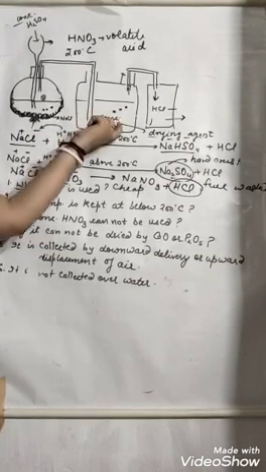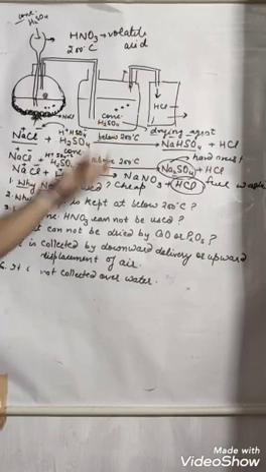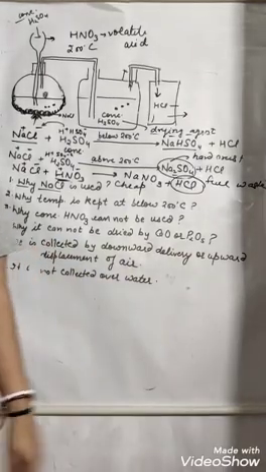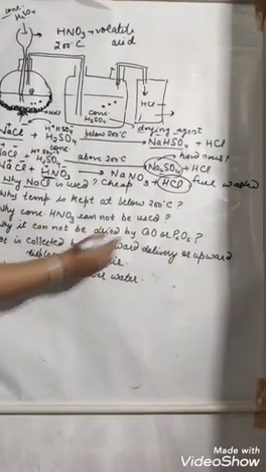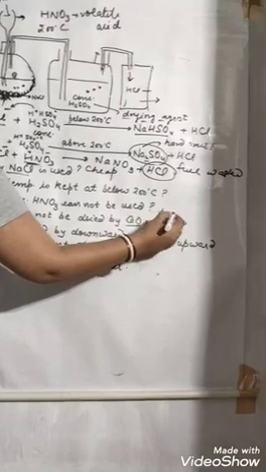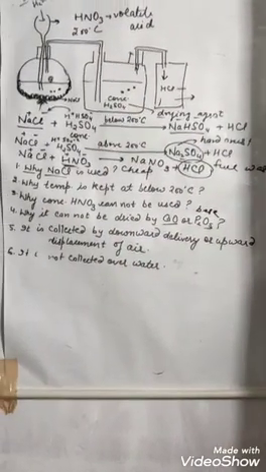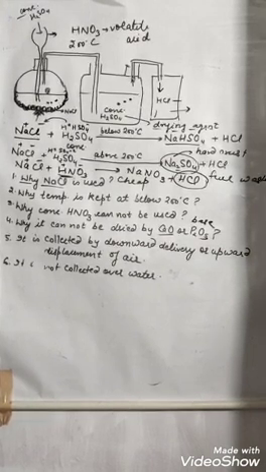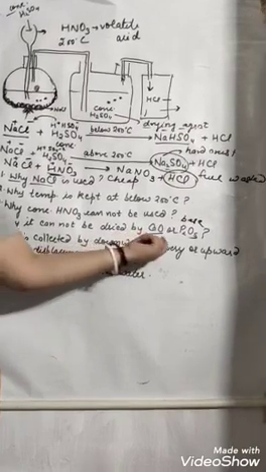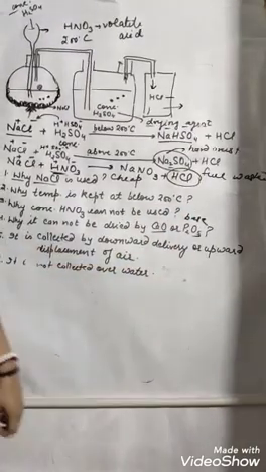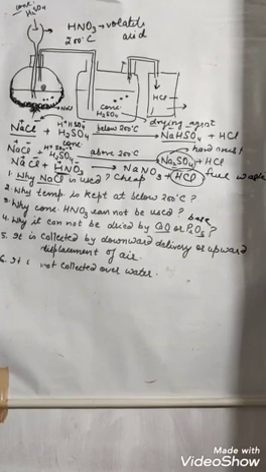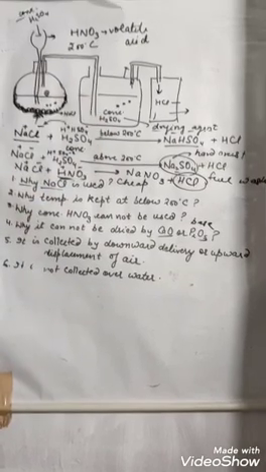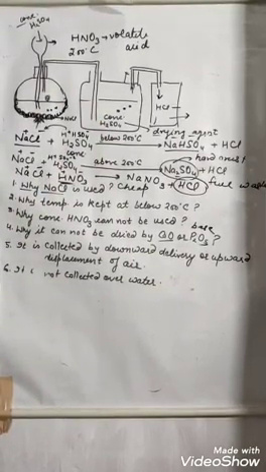Now, we are drying it by using concentrated H2SO4. Other drying agents are also there, like CaO, like P2O5. Why are we not using them? Because CaO and P2O5 are bases, and HCl gas forms acid with a little bit of water. Acid and base react together to form salt and water. So a reaction will take place between CaO and HCl. That is why we cannot use CaO and P2O5 to dry HCl. We are drying it by concentrated H2SO4 only.